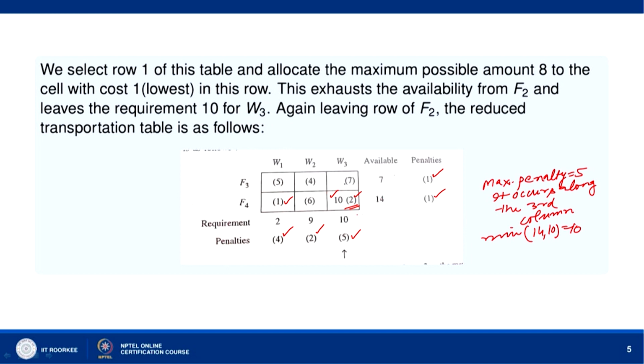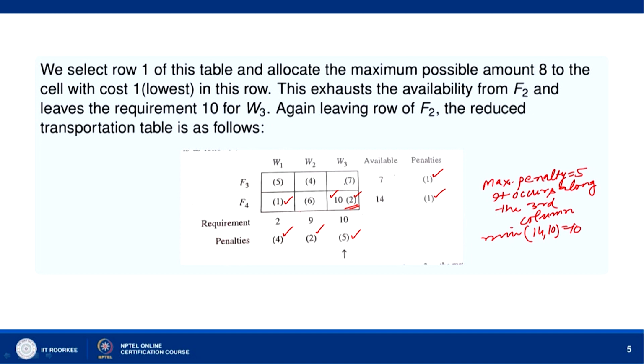Now, what is left with us here? We have allocated 10. So, after that we cross out this cell, because the capacity of W3 is now exhausted. W3 requirement was 10, and we have allocated 10 units to W3. So, third column is now